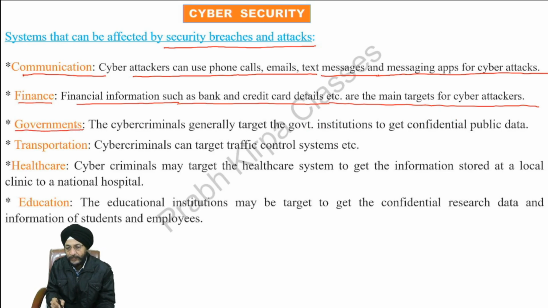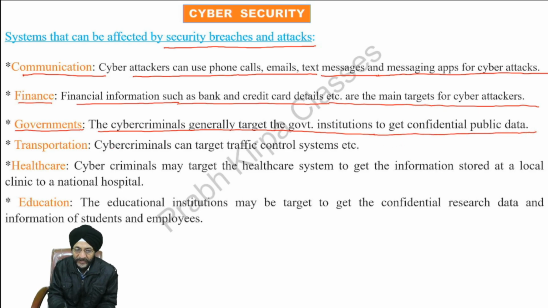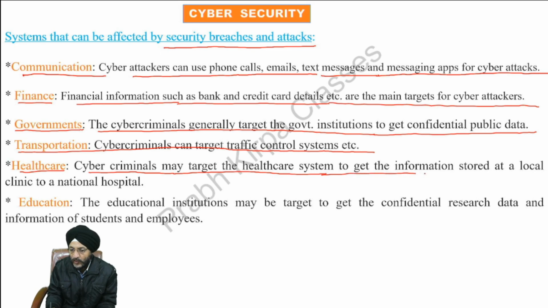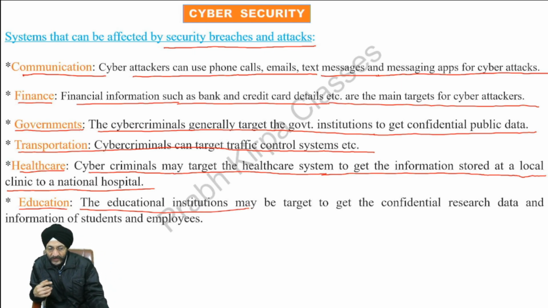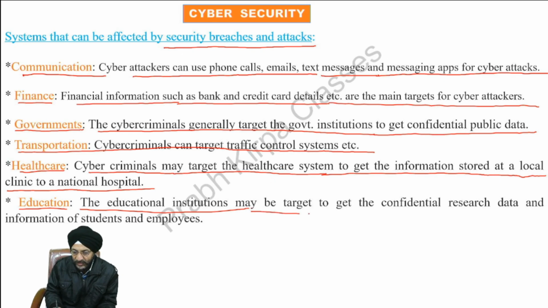Next system that may be affected by hackers is government organizations. Cyber criminals generally target the government institutions to get confidential public data. Cyber criminals can also target traffic control systems. Next, healthcare. Cyber criminals may target the healthcare system to get the information stored at a local clinic to a national hospital. Education. The educational institutions, just like schools or universities, may be the target to get the confidential research data and